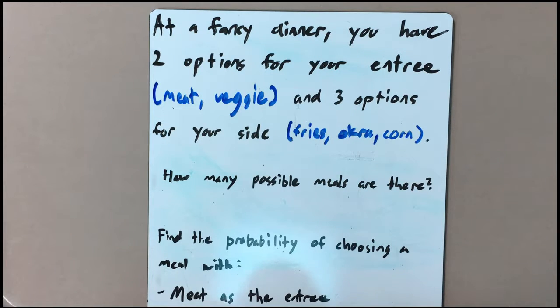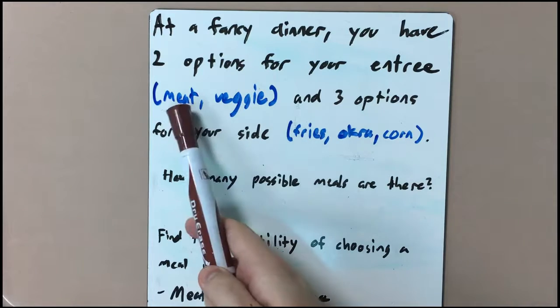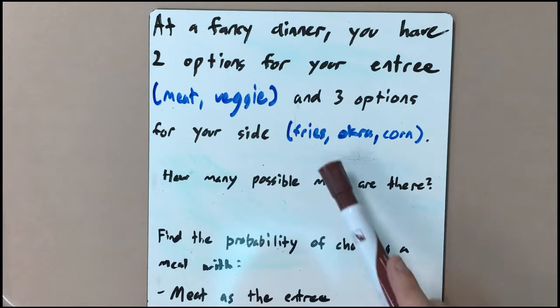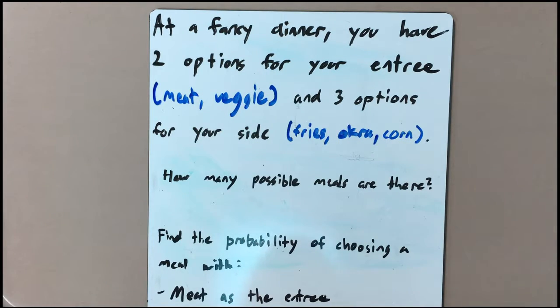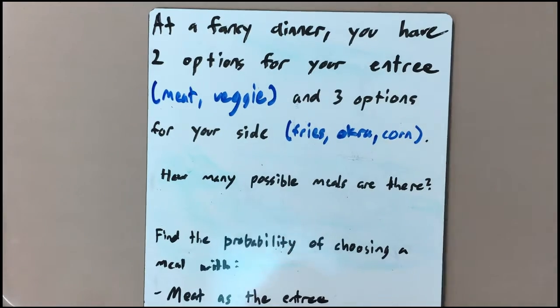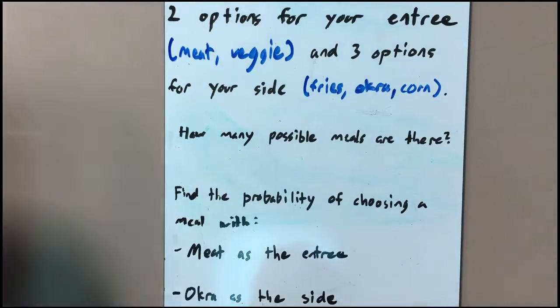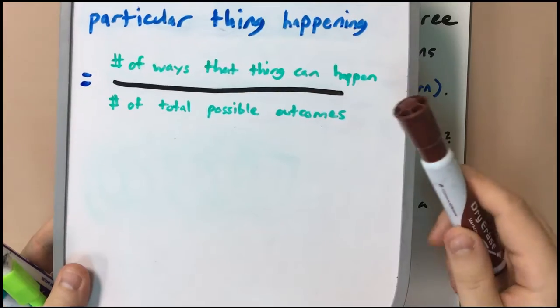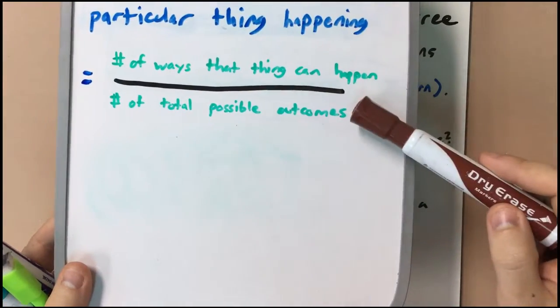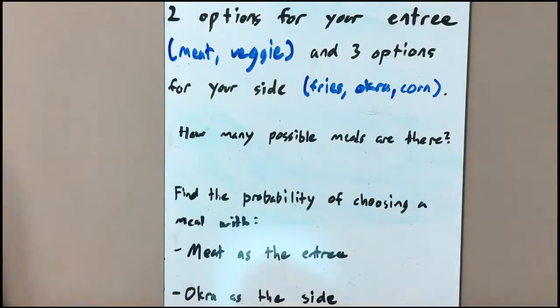So we're going to take the fundamental counting principle and do a little bit of probability with it. I started with this example of a fancy dinner because it was the first example that we did in my fundamental counting principle video. So essentially, as you can see, we have a meat option and a veggie option for the entree, and then fries, okra, and corn for the sides, and we're trying to figure out first how many possible meals there are. The fact that probability is always something divided by the number of total possible outcomes means